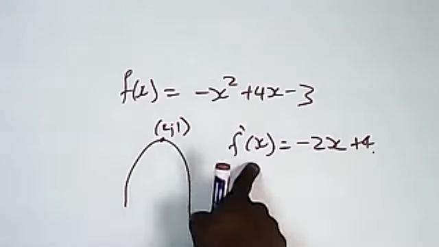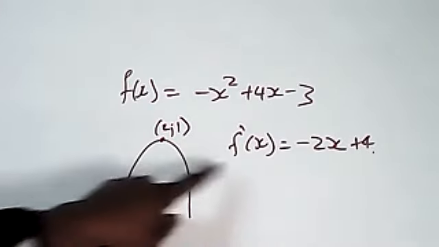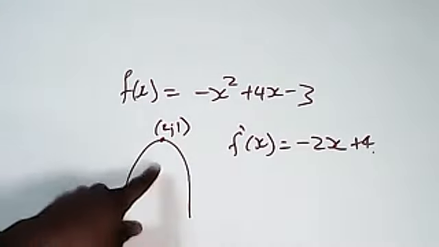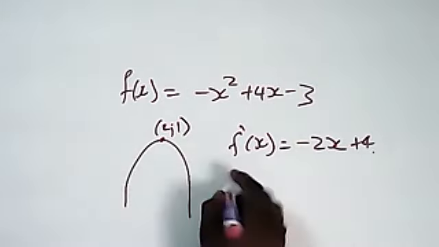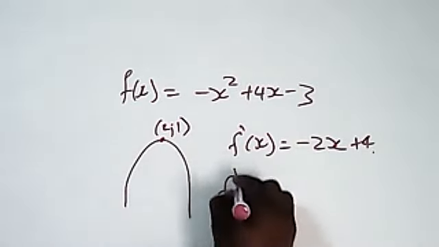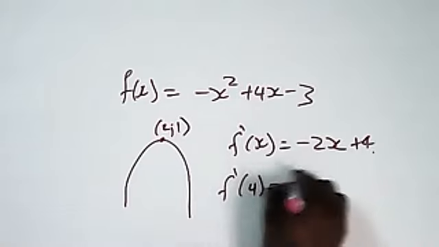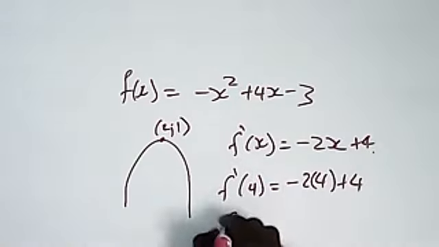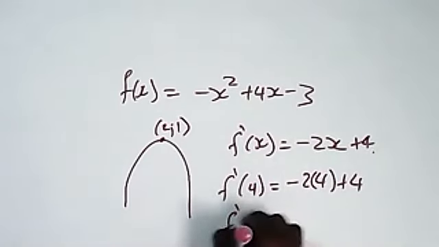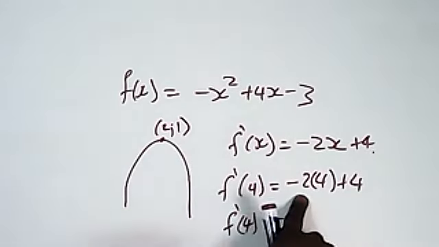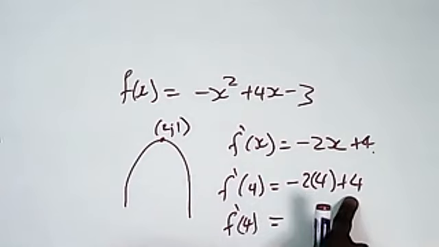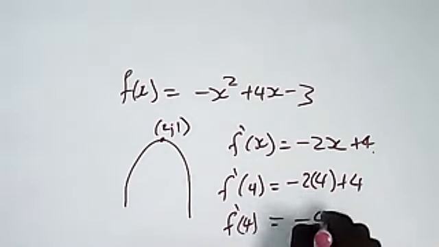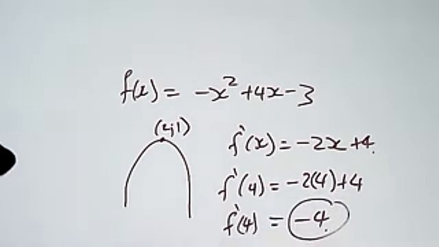So we must substitute 4 because they asked, when x is 4, is this function increasing or decreasing at that particular point? So what do we do? We put 4. This will be negative 2 times 4, plus 4. So the derivative at 4 is negative 8 plus 4, that will give you negative 4. So since negative 4 is less than 0,